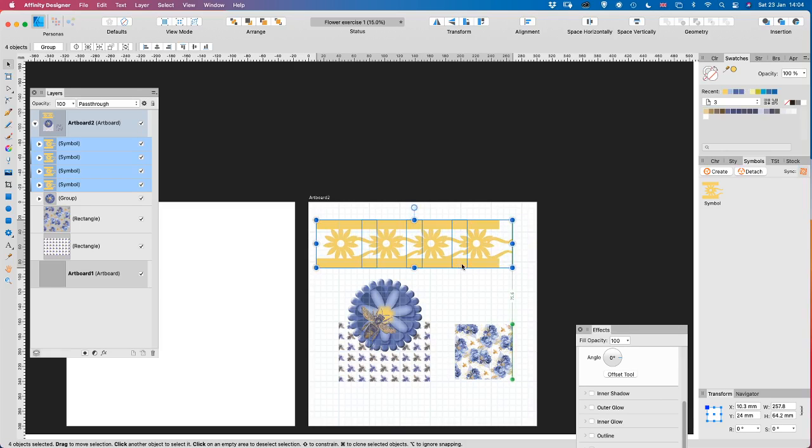So now we have four symbols. Now I think five should do it, but just because that's going to go off the end there,